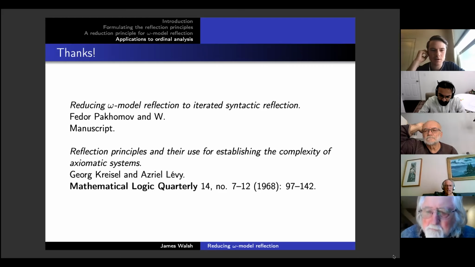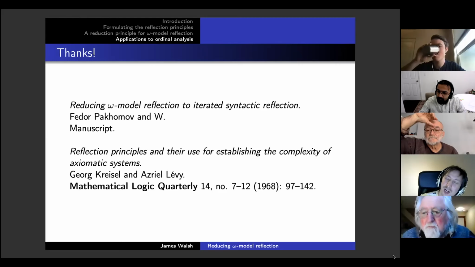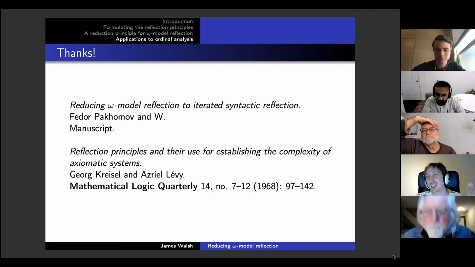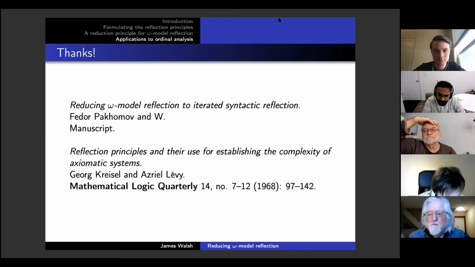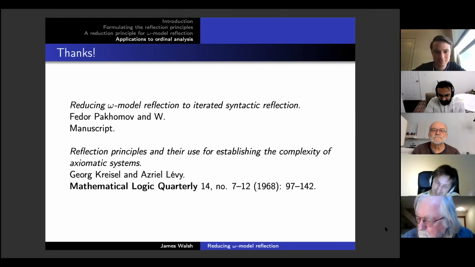I don't know anything about that result. Maybe Fedor, do you know about this? Yes, I don't know. In Girard's result, it wasn't gamma_0, it was the Bachmann-Howard ordinal. So the Bachmann-Howard ordinal is in fact much larger than gamma_0. But in a certain sense, of course, there are some connections. Girard's result was heavily based on dilators. So in a sense, of course, we are also using dilators, but I don't see any closer connections.